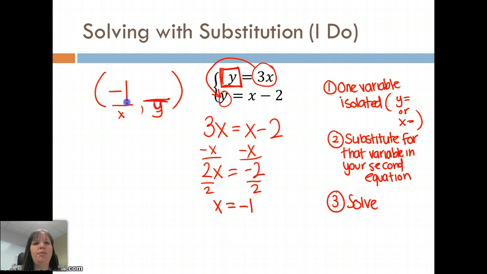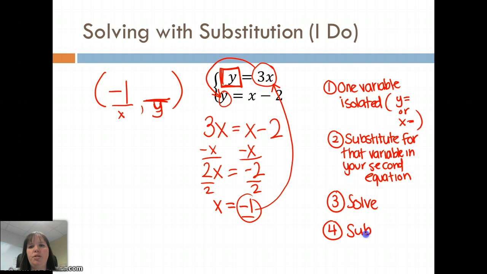So we know the x value is negative 1. How can we find the y value now? Well, if we know that x is negative 1, again, we can substitute that in somewhere we see an x. So step 4, substitute